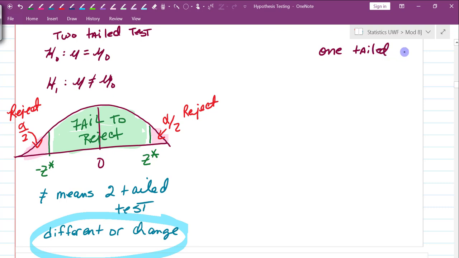And that is, if we have H naught is that mu is greater than or equal to a particular value, and H sub 1, our alternative, is that mu is less than a particular value. In that case, we have something very similar to what we had over here,